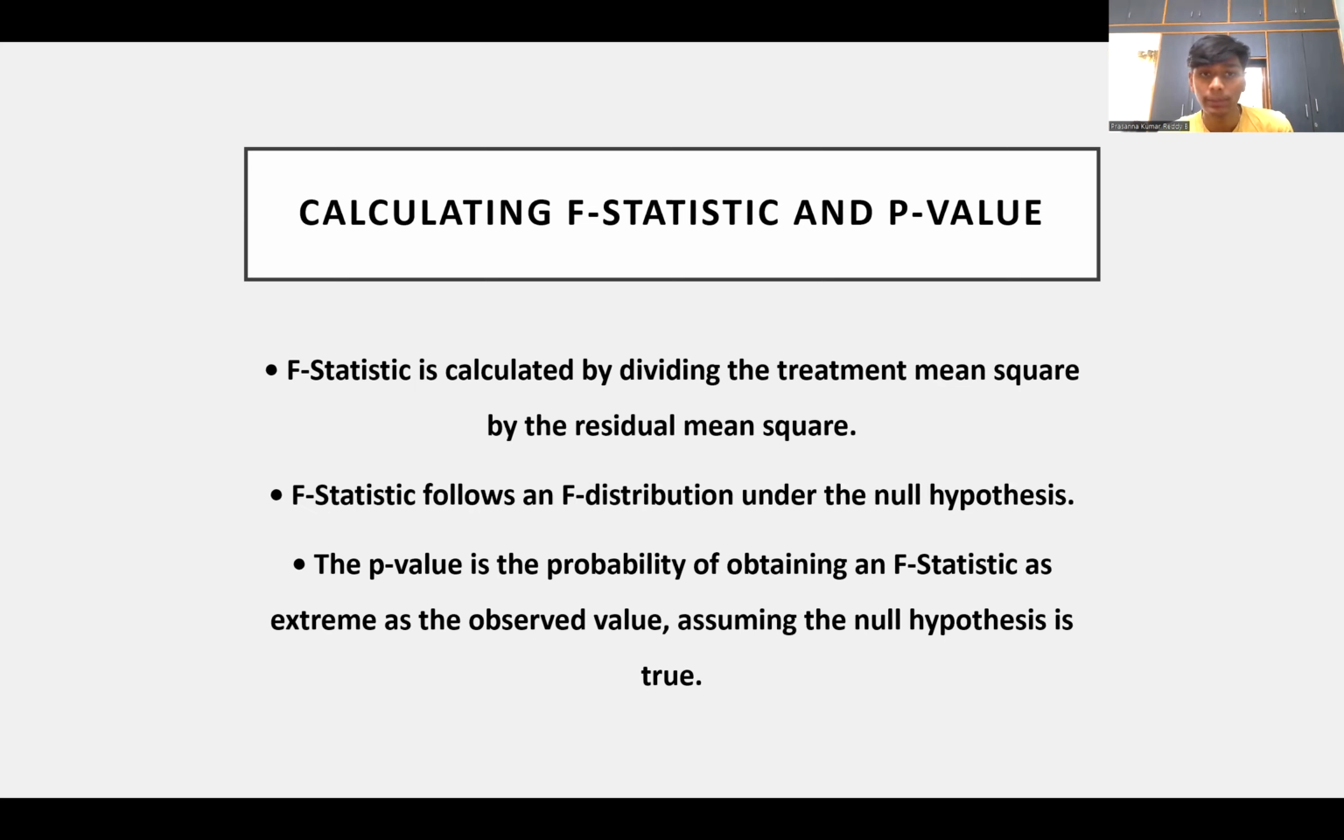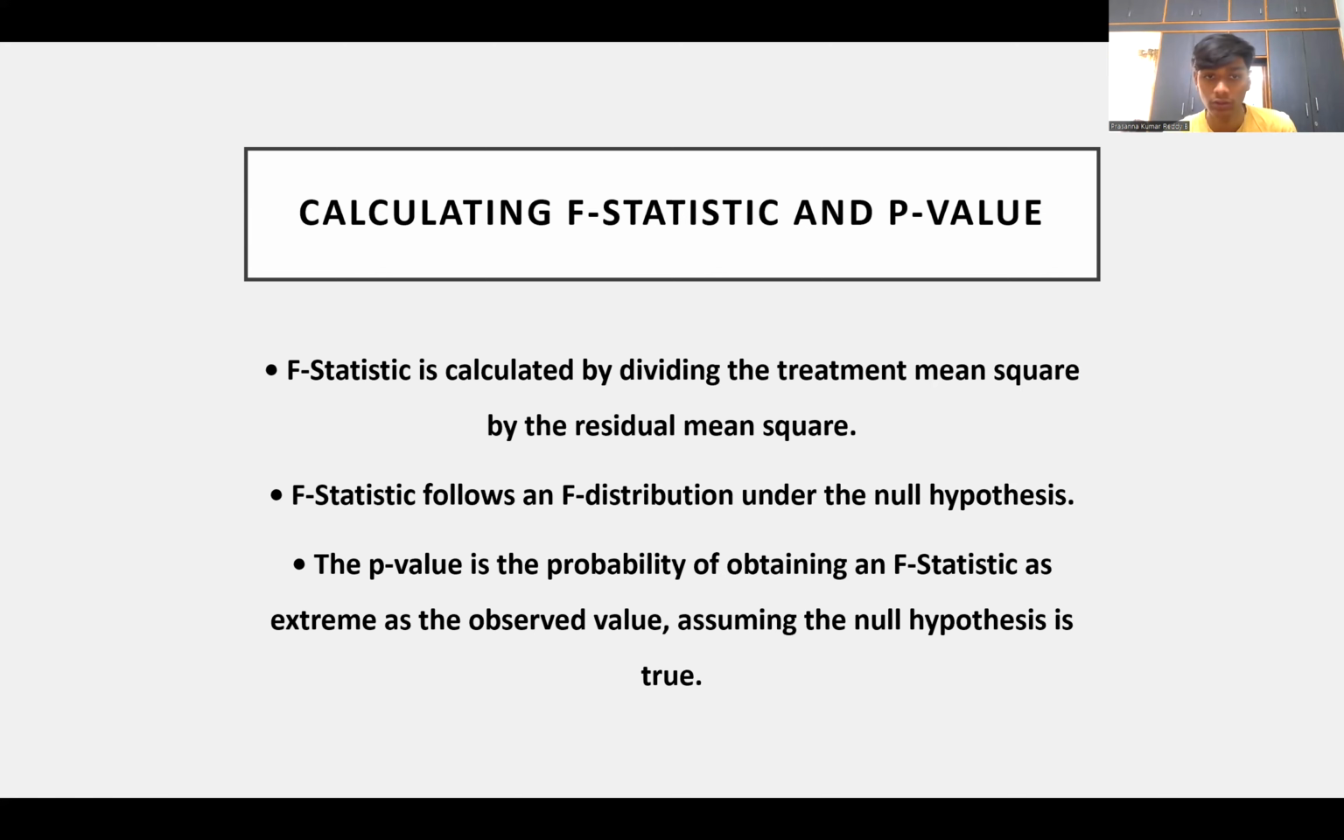Calculating the F statistic and P value. The F statistic is calculated by dividing the treatment mean square by the residual mean square. The F statistic follows the F distribution under the null hypothesis. The P value is the probability of obtaining an F statistic as extreme as the observed value, assuming the